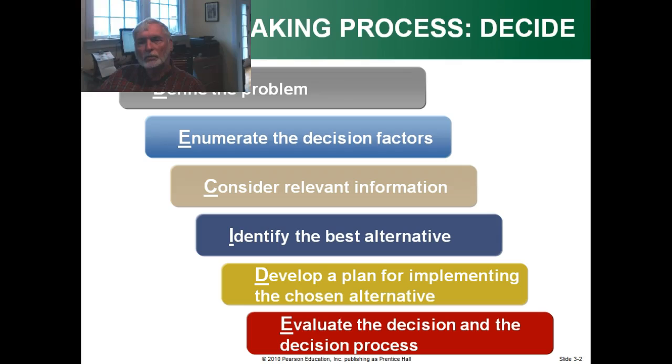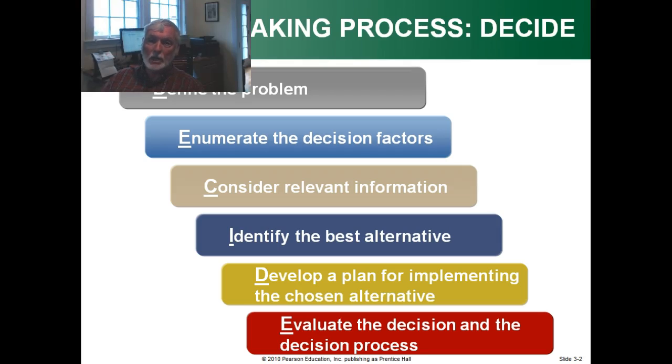Now you've figured out what your decision factors are. You've looked at the information that you have. Now you have to actually make a decision. You have to identify what alternative is best, and there's usually multiple possible alternatives. What should I do? Should I do nothing? Should I do this, that, or the other thing? Should I do X, Y, or Z? So there's usually multiple alternatives, and you have to decide which one you think is the best given the relevant information that you have